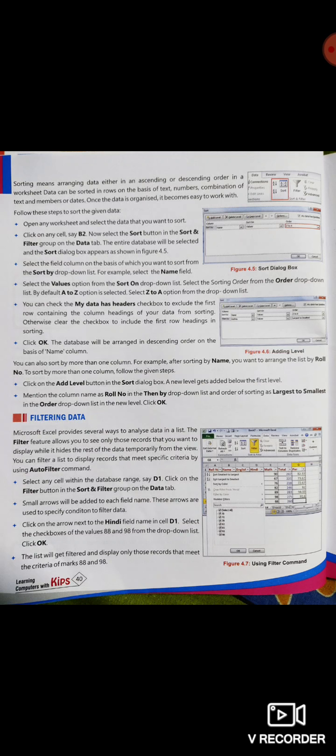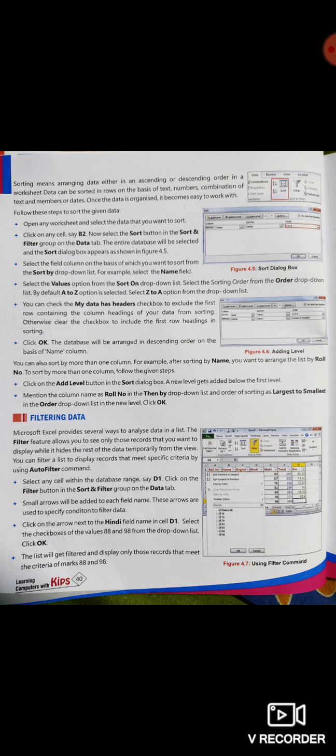Whenever you click the OK button, the list will be filtered and display only those records that meet the criteria of marks 88 and 98. So those who have got only 88 and 98 in Hindi, only those results will be shown, and the rest of the records will be hidden temporarily.